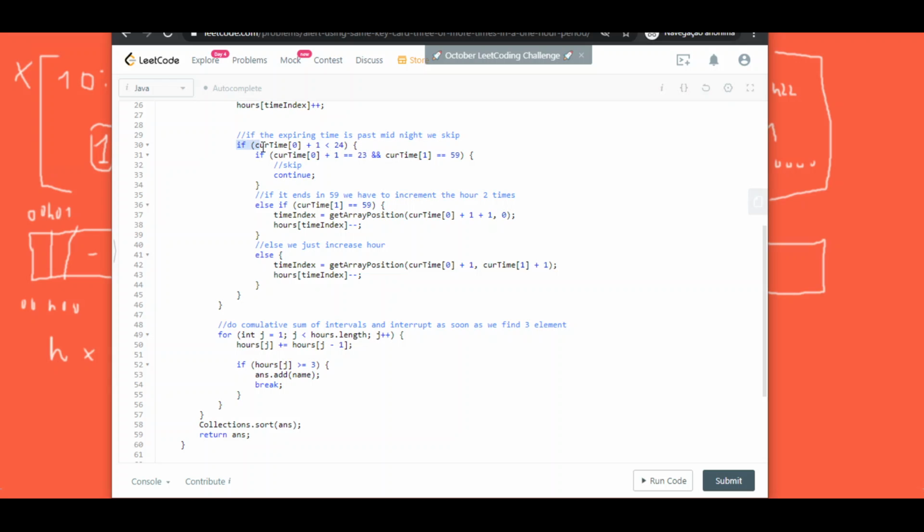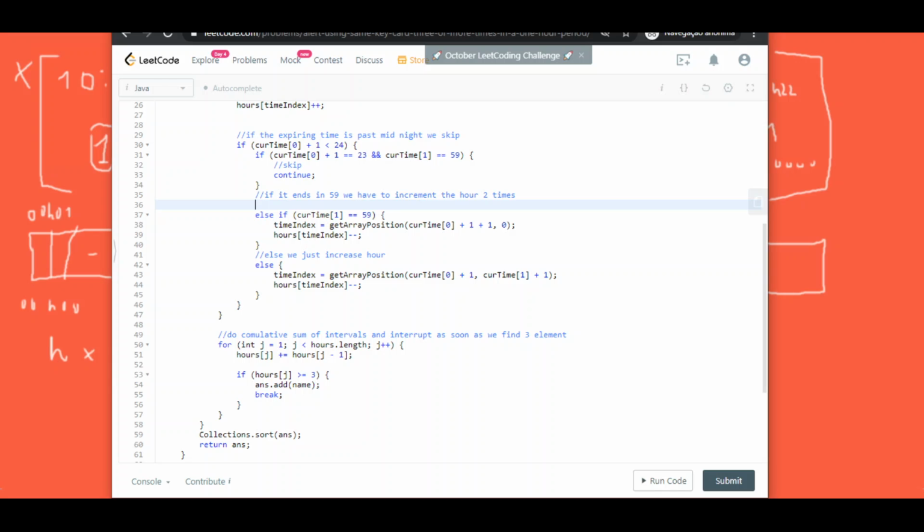This is for the first rule. If the end time is in the next day, we continue, we will not mark it. But this is our specific case, like if you have a situation